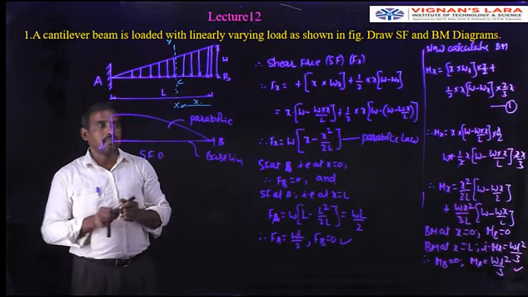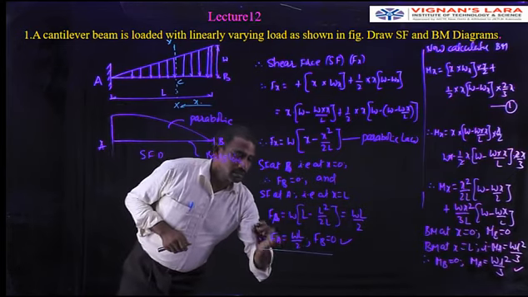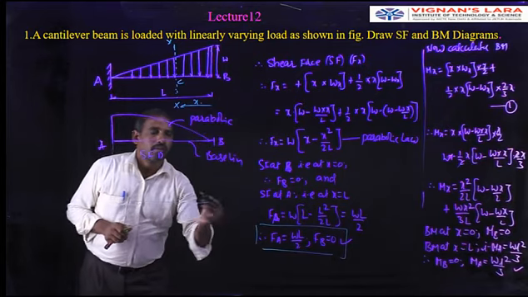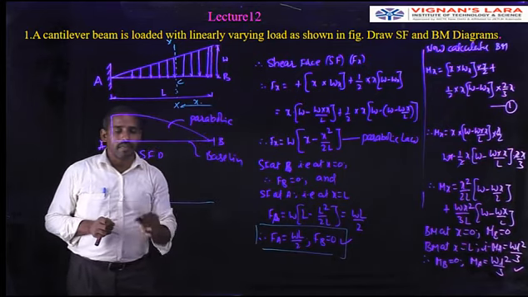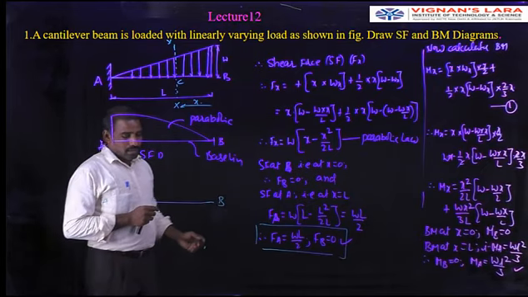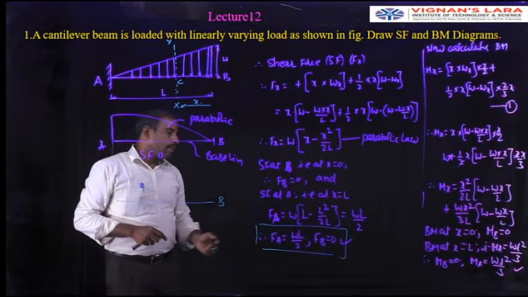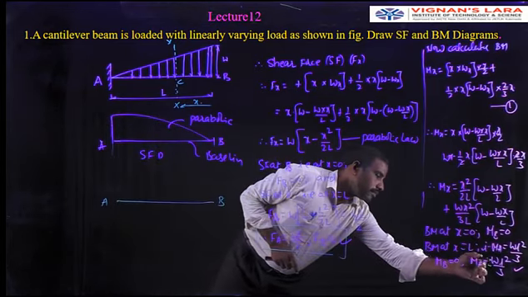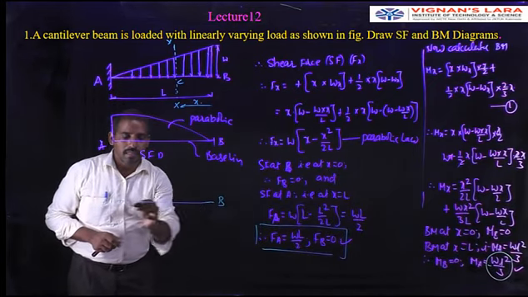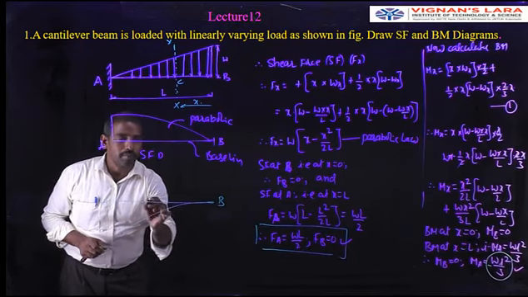So that is the shear force diagram from the values obtained, FA and FB. Then plot the graph for the bending moment. This is end A, this is end B. I think it follows the cubic law and it is sagging. This is a very important one. This is a sagging moment, which means we have to draw the bending moment diagram below the baseline.